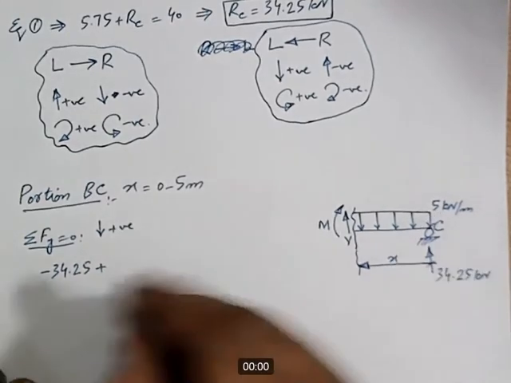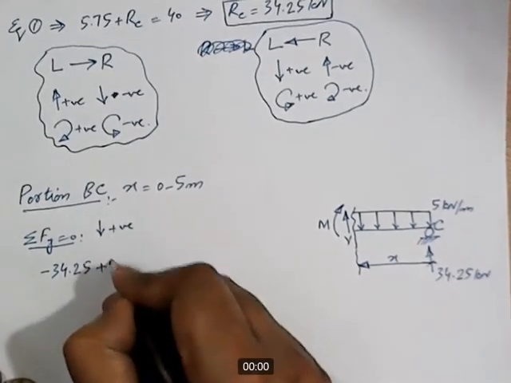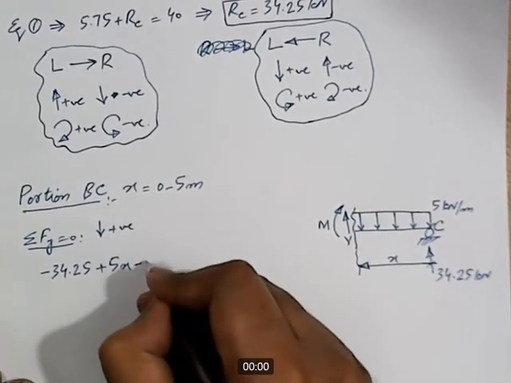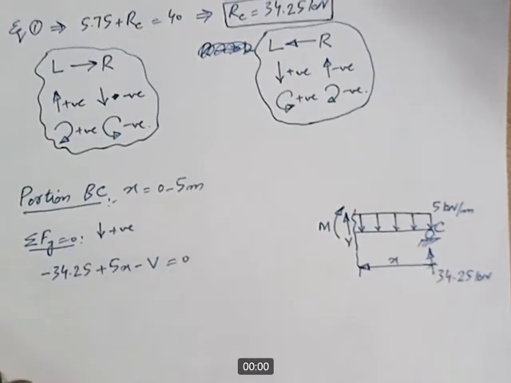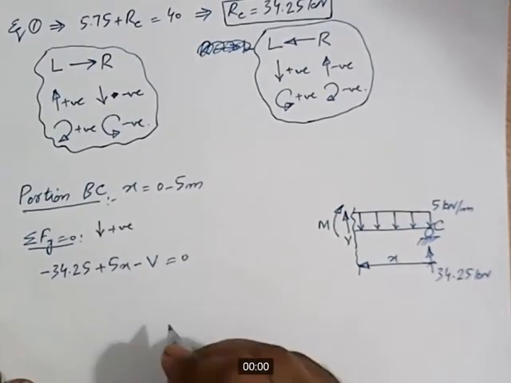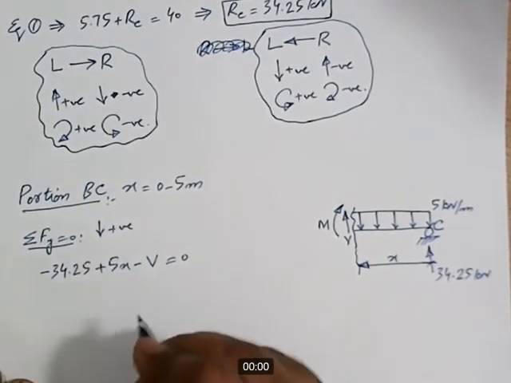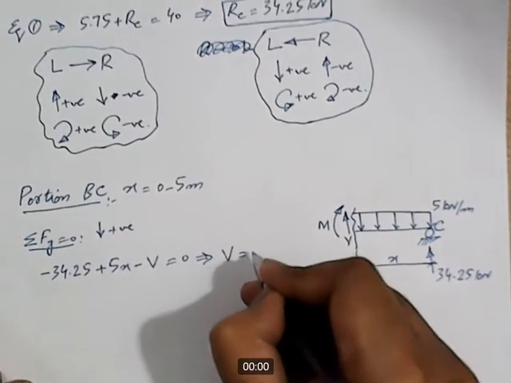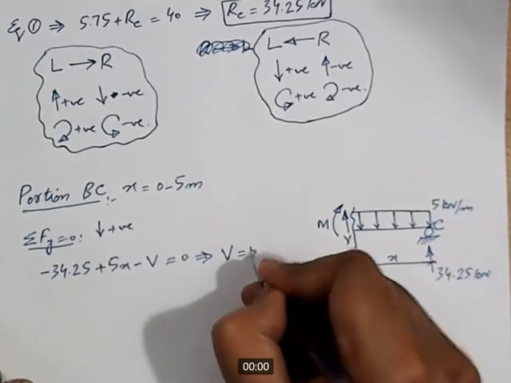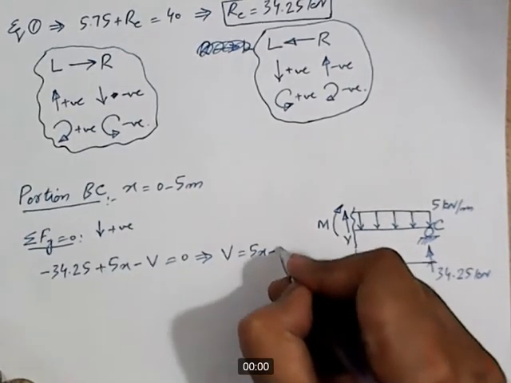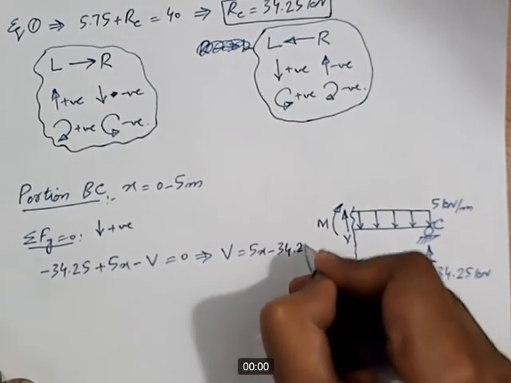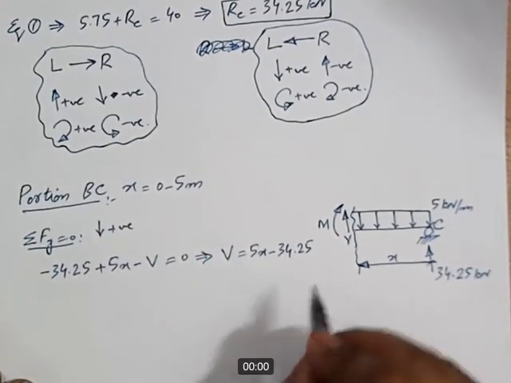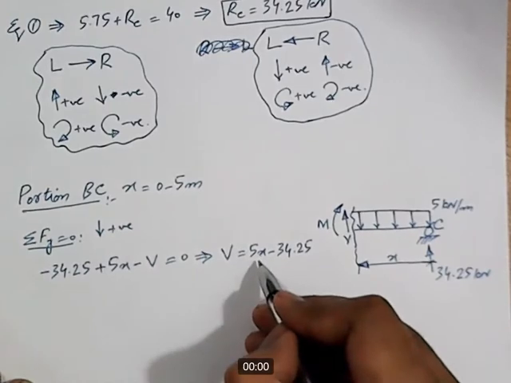It is 5 into x. So minus 5 into x, and then this shear force acting in the upward direction, so minus V, and this should be equal to 0. Now if I rearrange this equation, what do I get? V is equal to 5x minus 34.25. This is the equation of shear for portion BC, and as variable x is involved in this equation,